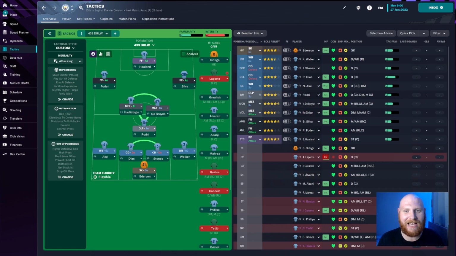Testing the attacking tactic 4-3-3 DRLW. So first things first, this is an attacking style of play here. As you can see from the mentality, an attacking mentality, which also makes for a fun video, it has to